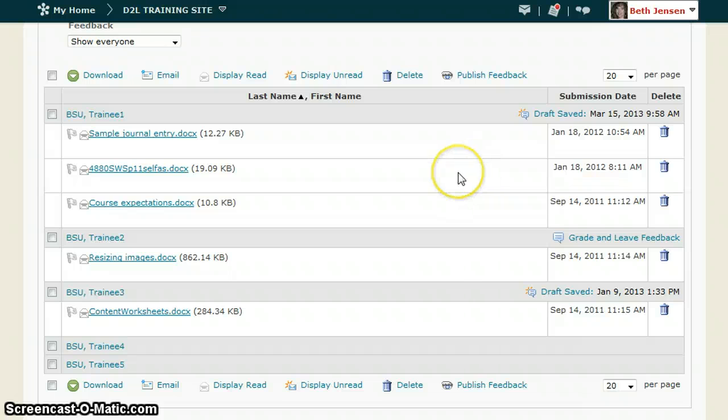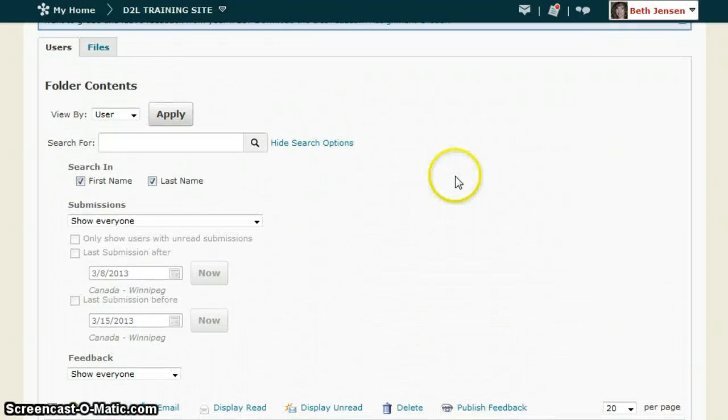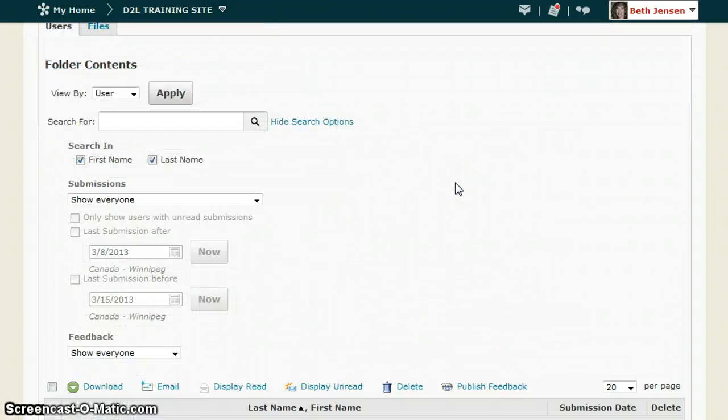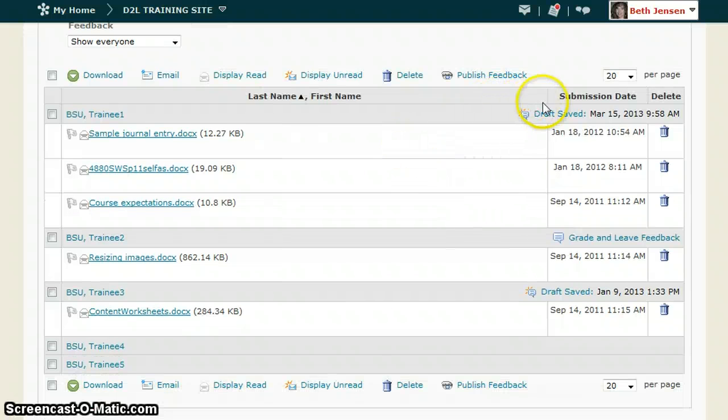So now you can see I'm back to the folder Assignment 1 where all my students are listed, and you can see I've saved the draft on this one. I've also saved a draft down here on the third one. You may choose to look at all student submissions and save all of them as a draft and then publish them all at the same time. If you choose to do that, you would go in like as we did and save it as a draft,